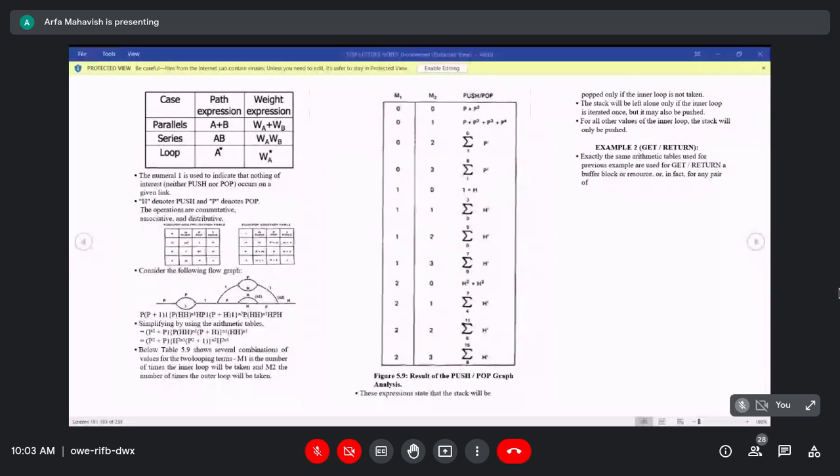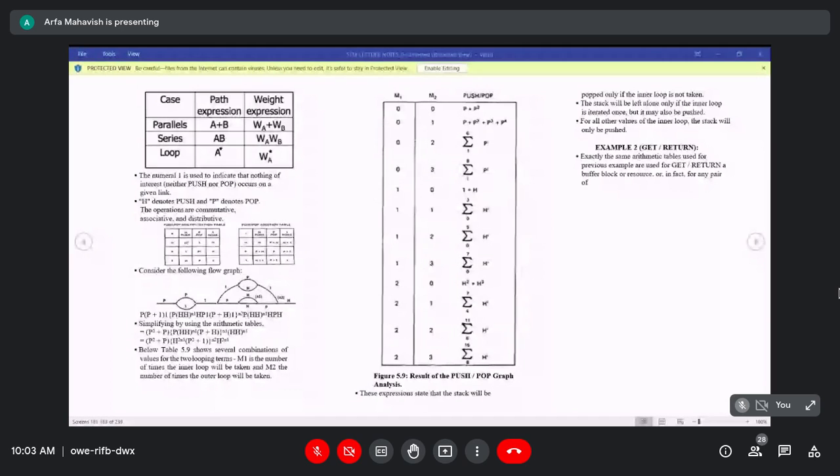As well as for the serial rule, each term of path A is multiplied with each term in path B. The result will be AB. Okay, and the loop represents the number of times a path is repeated.